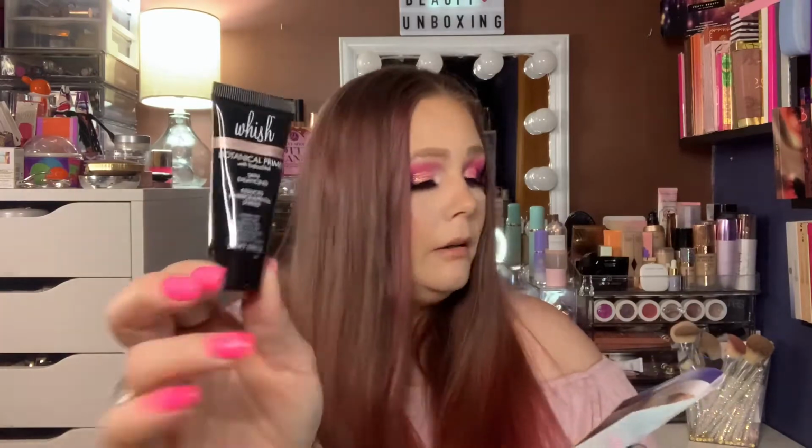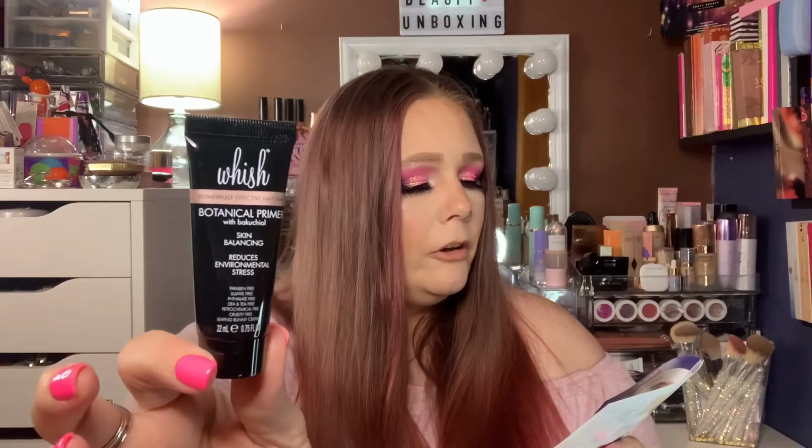Okay. Moving on to the next item. Ooh. Now this is another one that I think we've gotten in Allure. We got it as a scrub. It could have come in Wish. It could have come in Ipsy, but I'm not sure. Wish is the brand name, and it is a botanical primer. Okay. Right off the bat, I knew this primer was different because in addition to argan oil and aloe, it contains